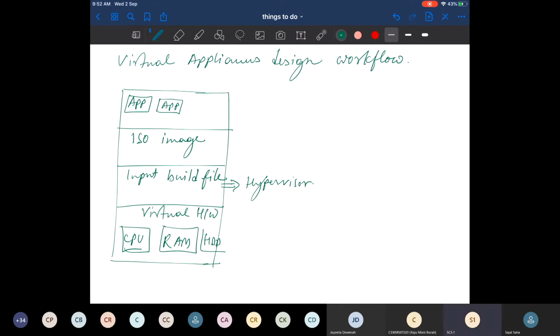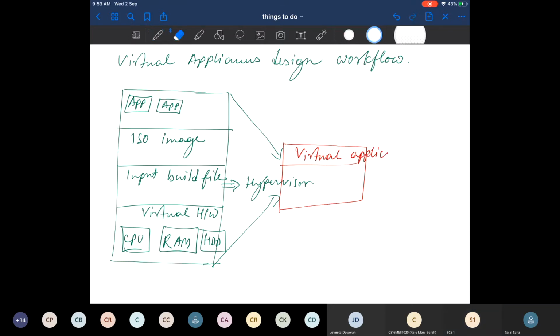Now from this, you are creating your virtual appliances through the authoring tool.